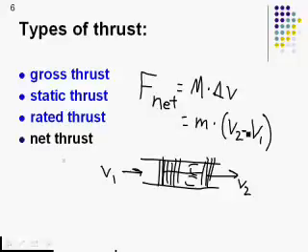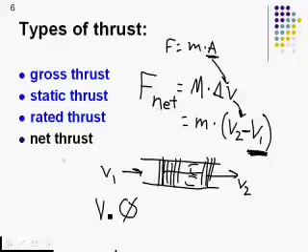The difference between the gases is the acceleration. That's the same as saying force equals mass times acceleration. Acceleration is the change of velocity. The velocities we're talking about is V2 minus V1. V2 is the exhaust. V1 is the intake. So we're always going to be subtracting V1. The greater V1 gets, the difference here is less. So we multiply less times mass and we get less thrust. So if we're moving forward, we're going to get a little bit less thrust because we didn't accelerate the air as much. But if V1 equals 0,